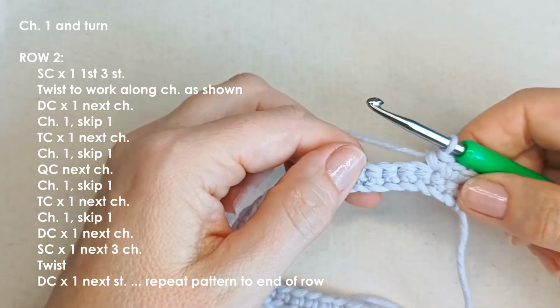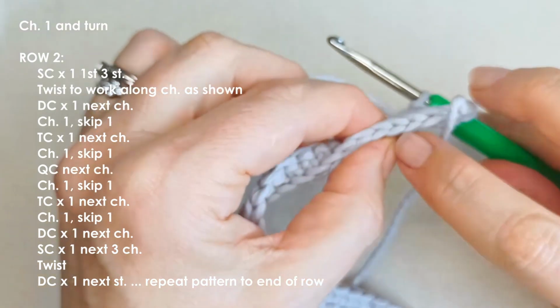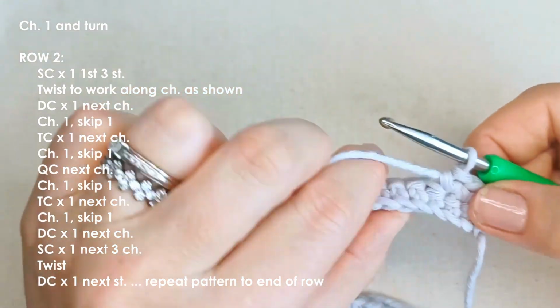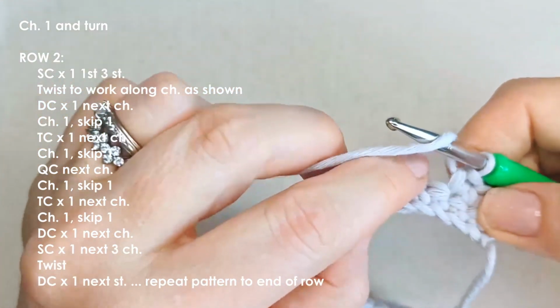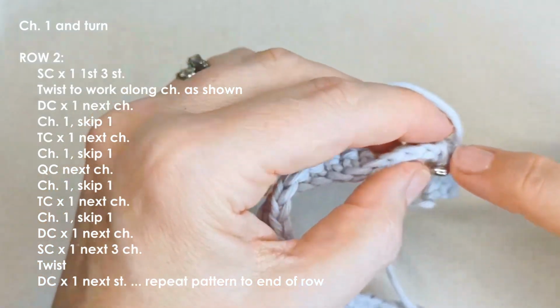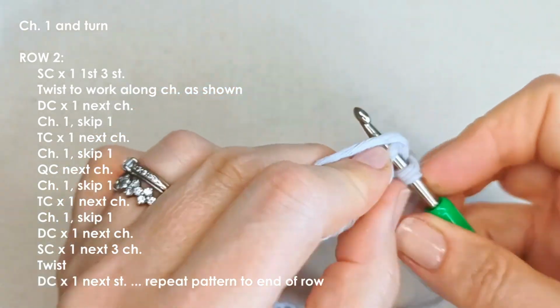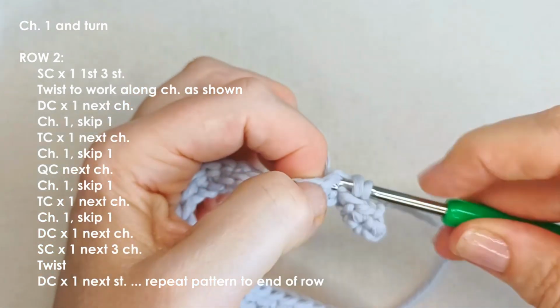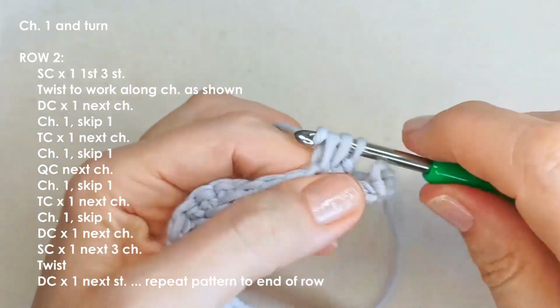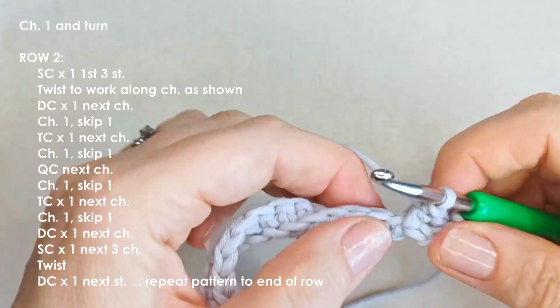Now we're going to make a twist. So we're going to twist the work towards us, so we're working along the bottom of the chain. Okay, so we're going to double crochet, so just make sure that you skip those first 3. It can be a little bit tricky, but just twist that towards you and work your double crochet into the next stitch, which is actually the bottom of your chain. So double crochet in there,